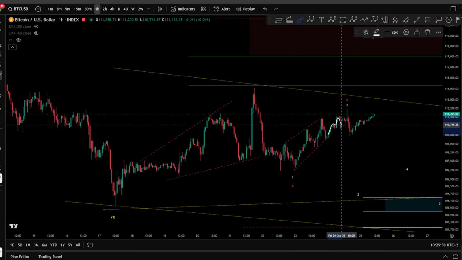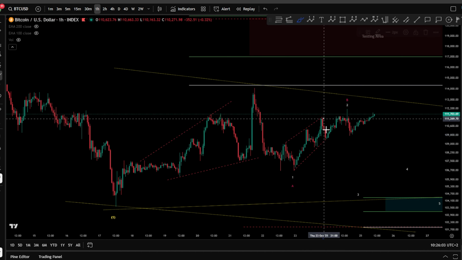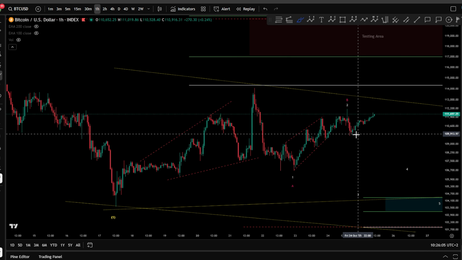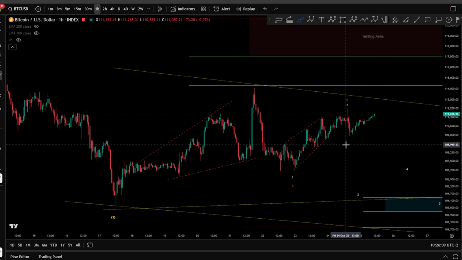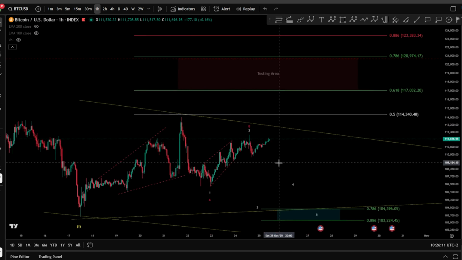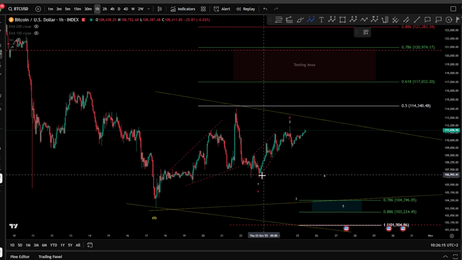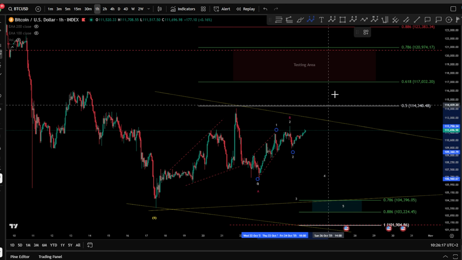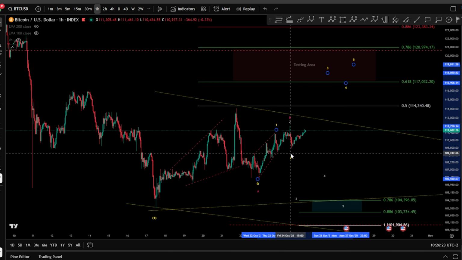We cannot consider this as a 1, 2, 3, 4, 5 because your wave 4 interfered internally here. So definitely this is your correction, a deep correction, of course. And then we move toward the upside potentially in a wave 1, 2, 3, 4, 5. However, if this happens, it's not yet very bullish. It might be simply moving to higher prices here in this yellow scenario for the bullish.